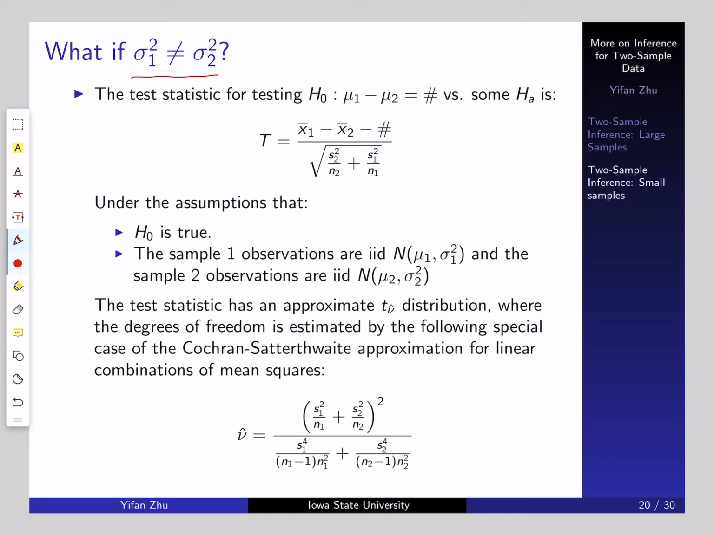When sigma 1 squared and sigma 2 squared are not the same. So if they are not the same, and of course they are also unknown, then we can use this test statistic. So the format is the same as the large sample case,